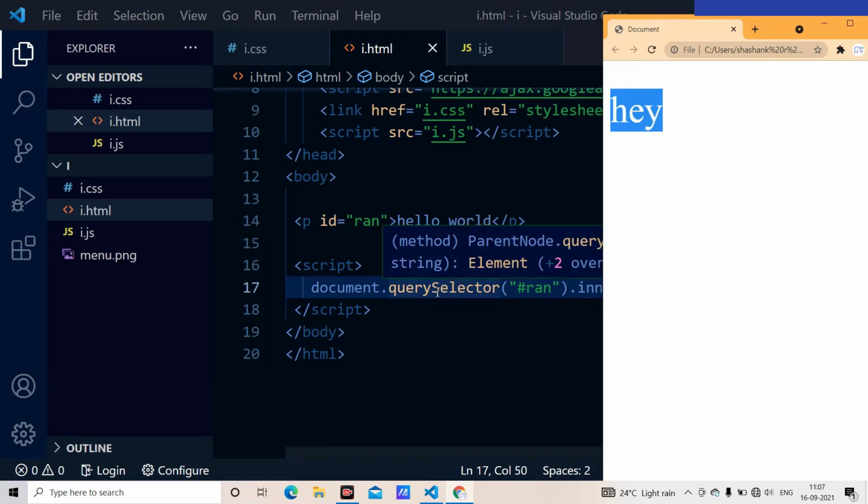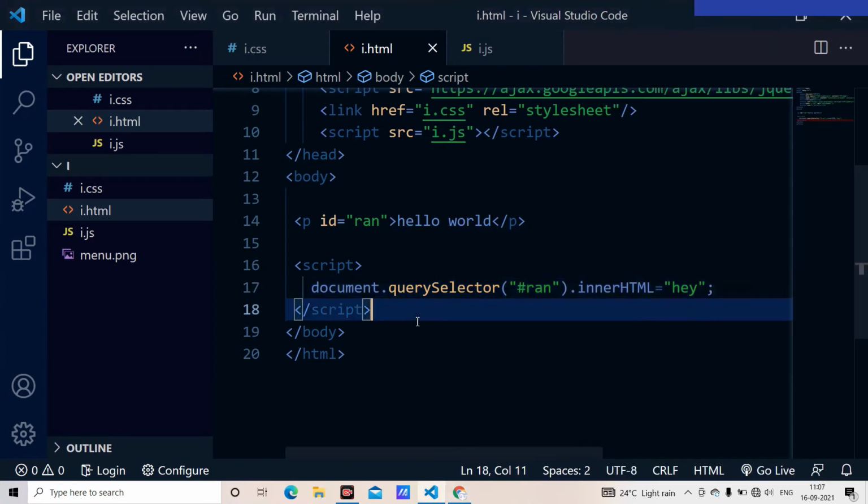And this is how the selectors work. We have the three types of selector, with the ID, with the class name, with the ID name, and we have the ES6 selector, which is a querySelector. Through the querySelector you can select anything, and you have to mention the name using the hash mark for ID, the dot for the class's name, and we use nothing for the tag selection.